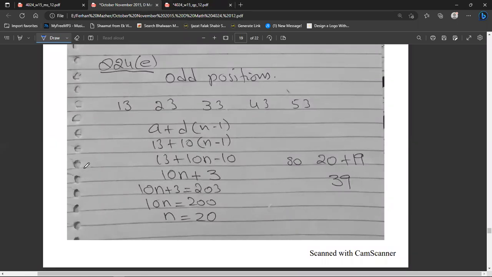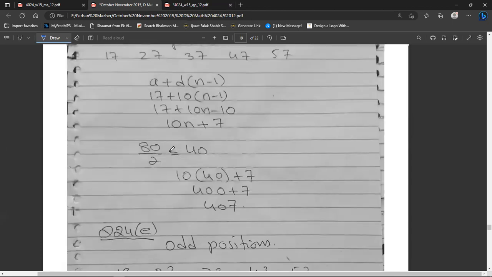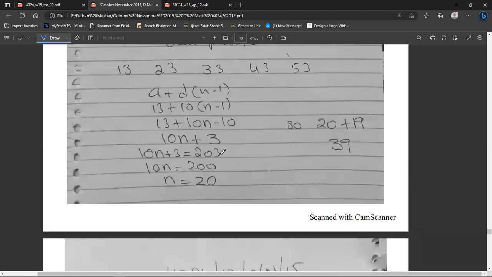They will be 13, 23, 33, 43, 53. So a plus d bracket n minus 1. So it will be 13 plus 10 into n minus 1, 13 plus 10n minus 10. It will be 10n plus 3. This was 10n plus 7. Yeah, this one is 10n plus 3. So now you have